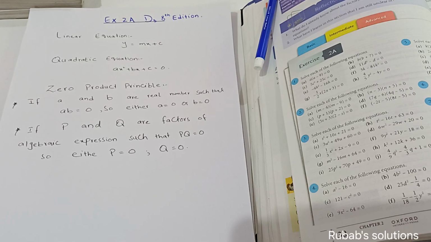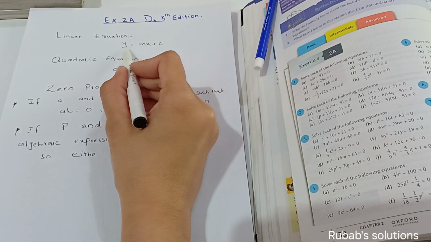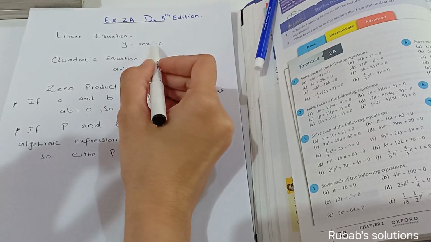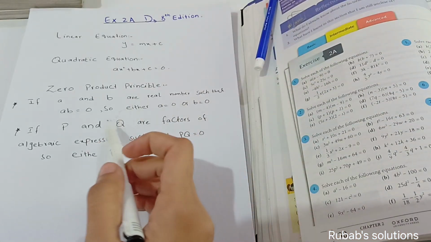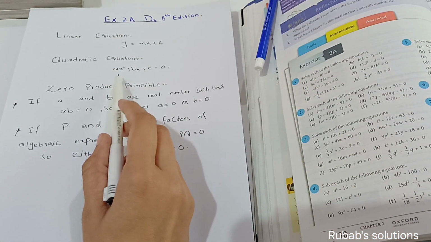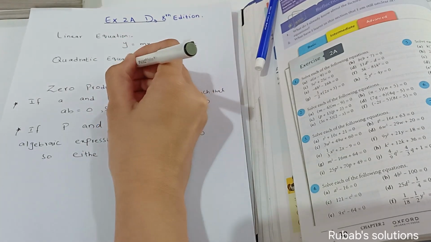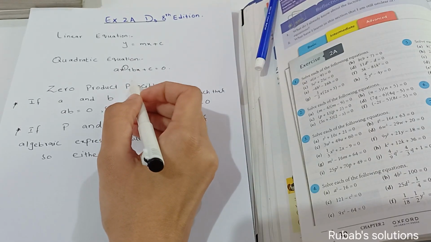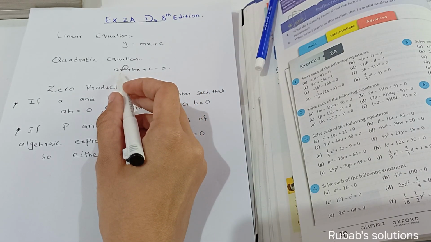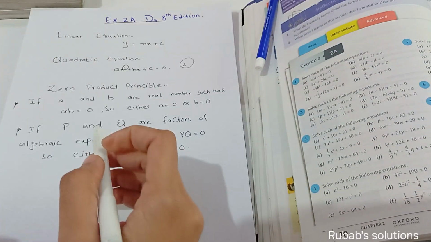We have done the linear equation and its general formula is y is equal to mx plus c. Can you see that all the powers of all the variables are equal to 1? While the general formula of a quadratic equation is ax square plus bx plus c. You can see that one variable contains a power 2. So whenever any equation has a variable with power 2, that means this is a quadratic equation.